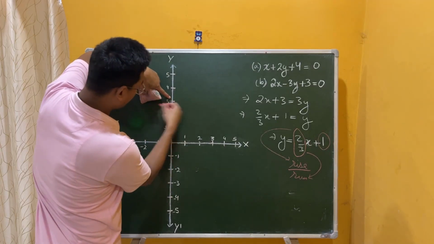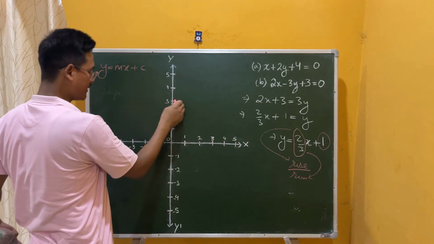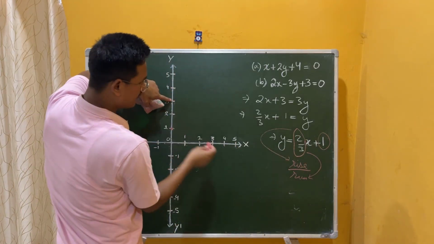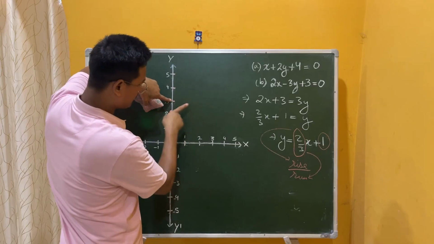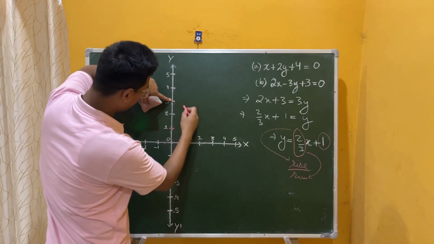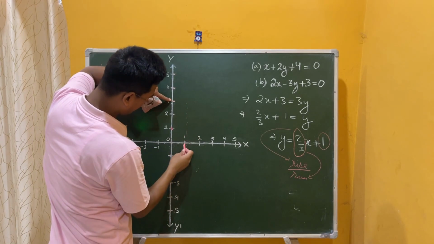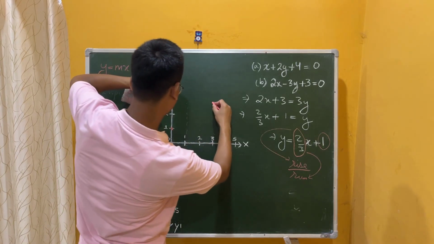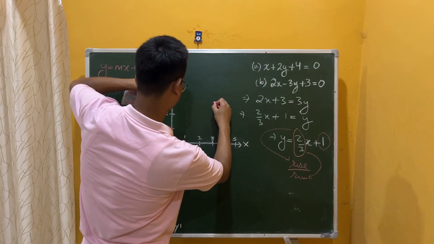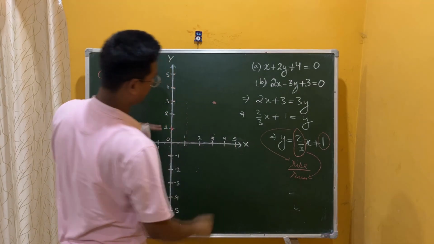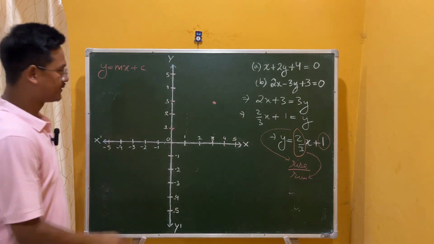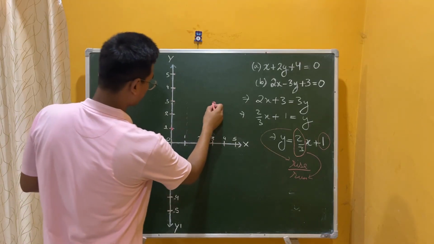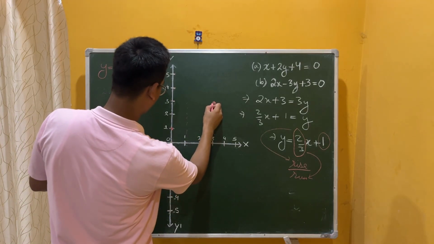Now in which direction are you going to run? Is it positive or negative? Since everything is positive, you'll run 3 units towards the positive side of the x-axis. So 1 unit is exactly above 1, 2 units exactly above 2, and 3 units exactly above 3. So somewhere here. This is the second point of the line. So if you join the points,